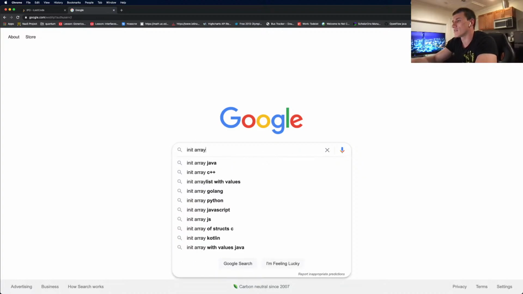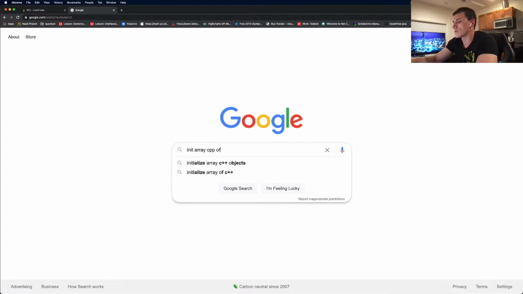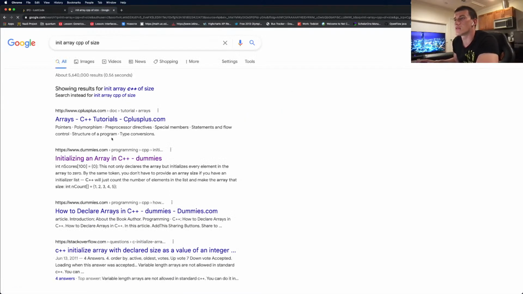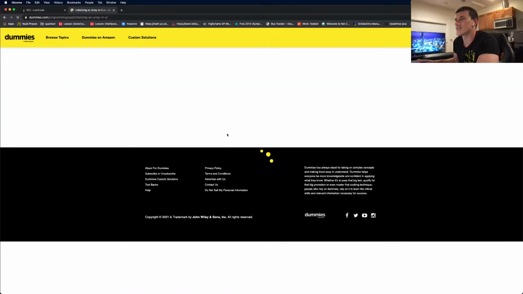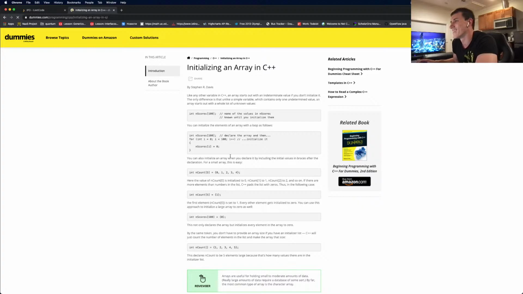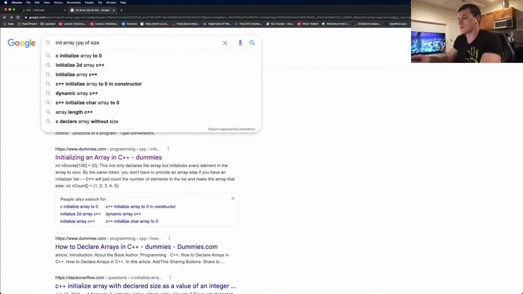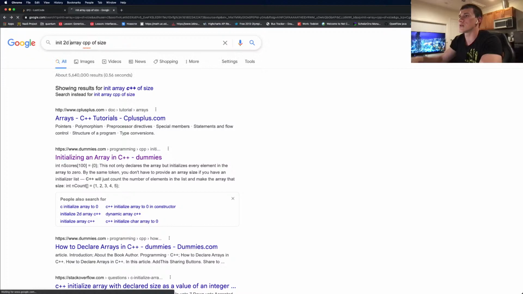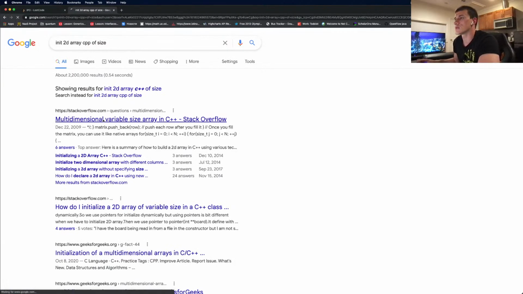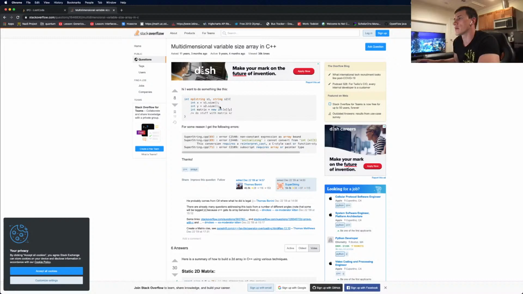Init array cpp of size for dummies. Yes, that's what we need. Not like it's the number. Init to the array of cpp set is stack overflow to new int xy.